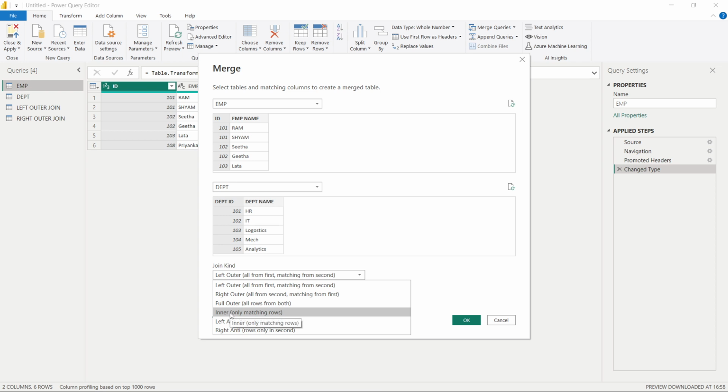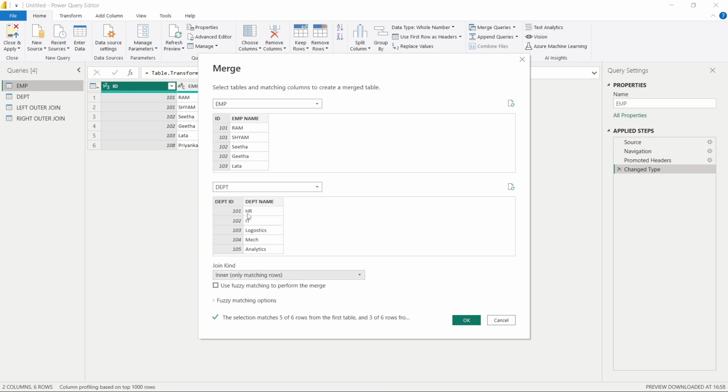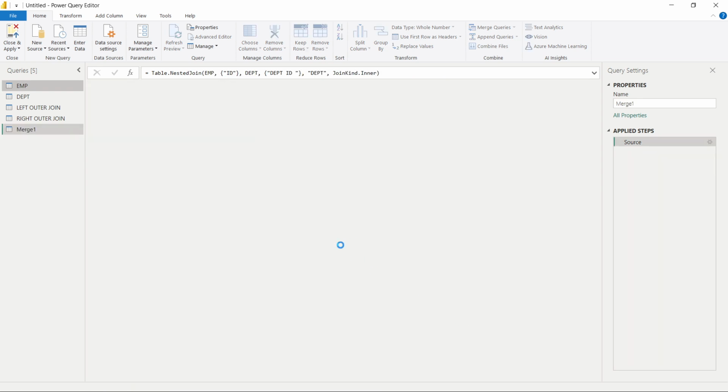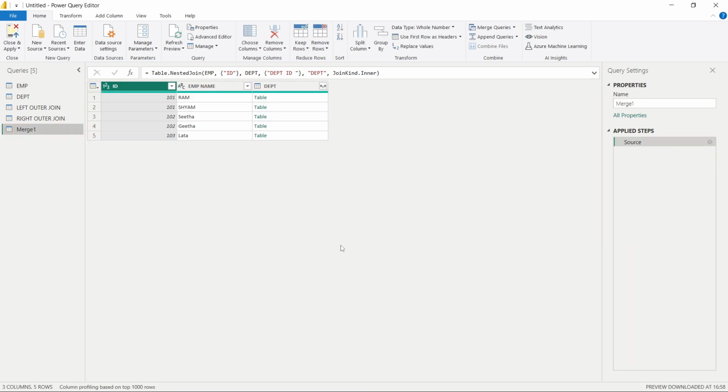Which join do we want now? Basically I want inner join, right? When I click on inner join, it will return only the matching records between table EMP and table department. Now you can see 101, 102 and 103. There are only three department IDs matching between table EMP and table department.